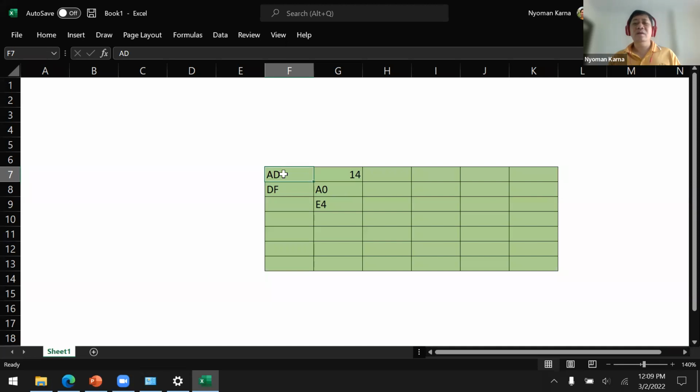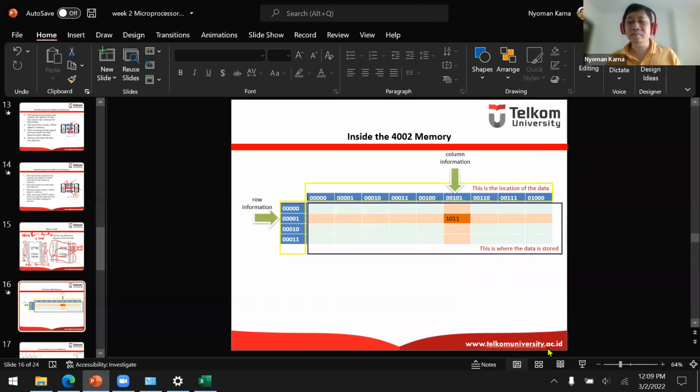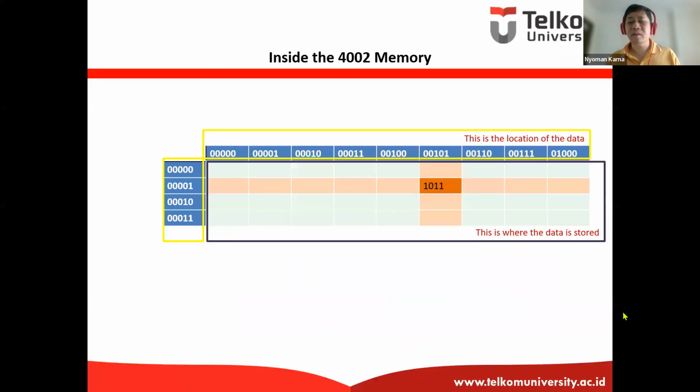So it works the same way in the memory. To retrieve the data, first we need to identify the address.